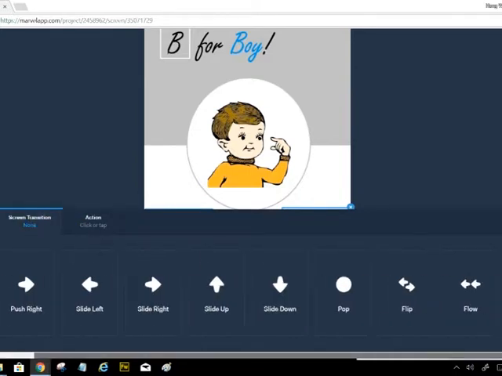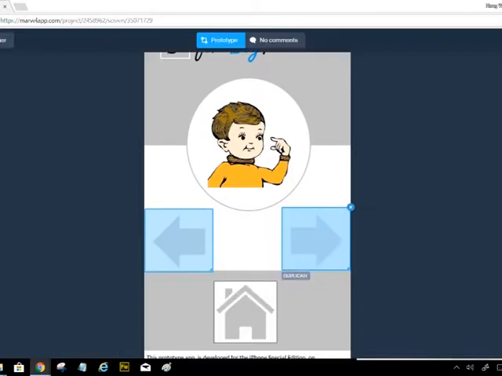For screen transition, I have a habit of using a slide fade to proceed. Yeah, so it's just your choice. You can decide what kind of transition you want for your mobile app. Yep, and I hit done,